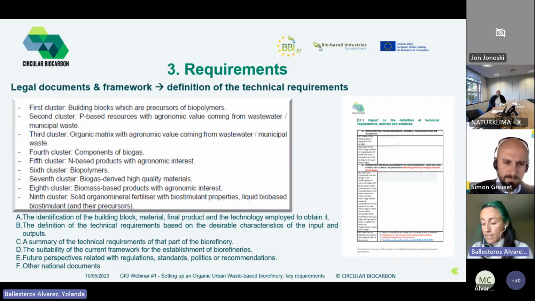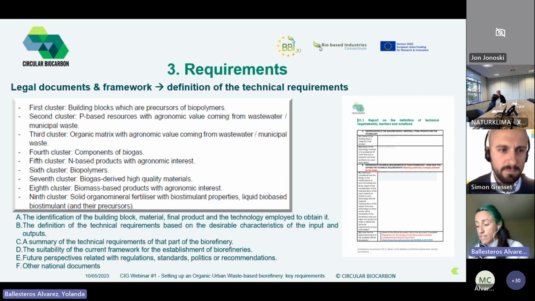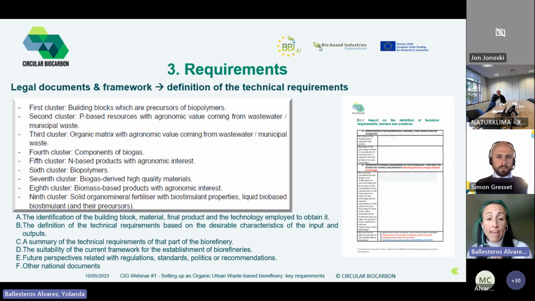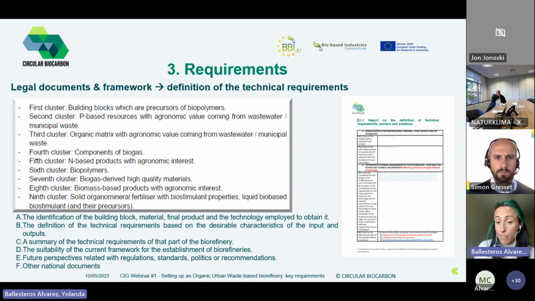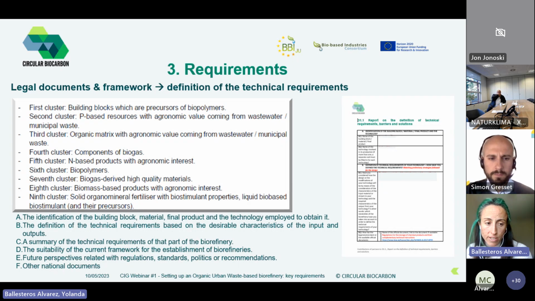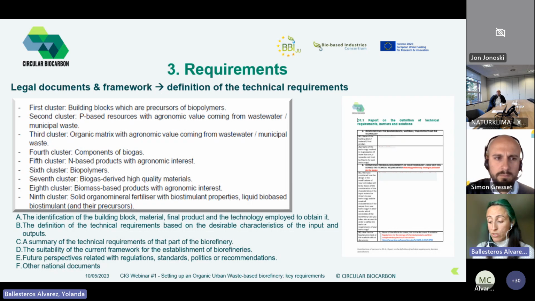This one is really an in-depth exercise which aims to cover all the variables that may interfere in the operation of the biorefinery, and it requires extensive time to think and try not to leave anything to chance. In the case of circular biocarbon, we gathered the necessary information through a questionnaire which contained more than 20 questions related to the categories we have from A to F on the slide, which are the identification of the building block, material, final product, and the technology employed to obtain it,